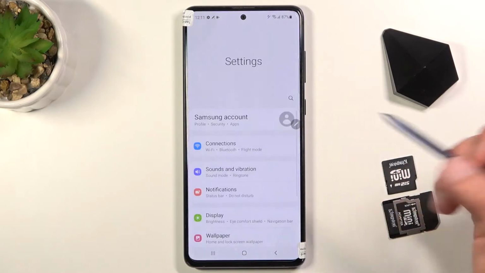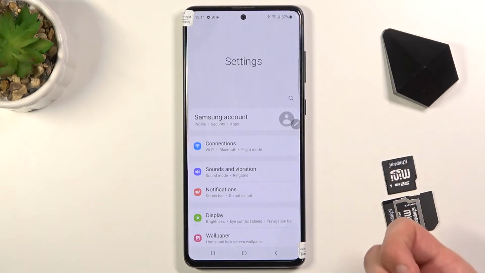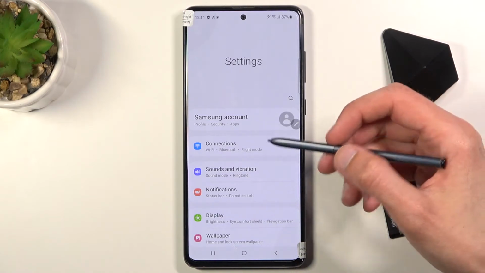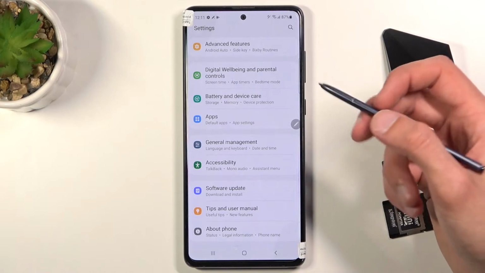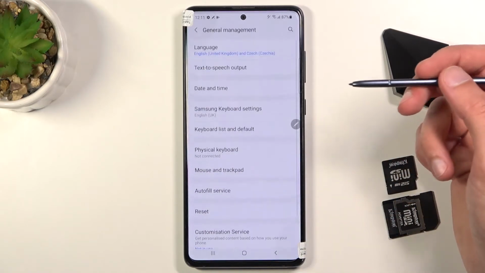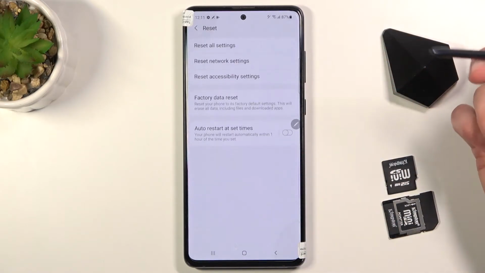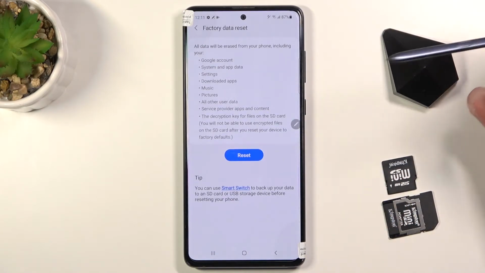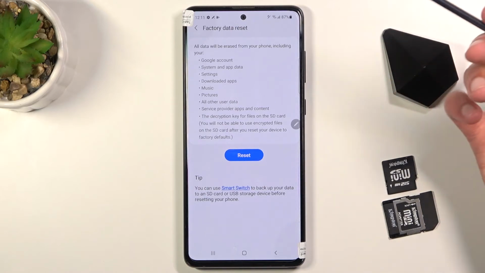So to get started, let's open up settings. Now bear with me, this phone is a little bit broken, the screen doesn't fully work, so that's why I'm using a pen here. But anyway, from the settings, scroll down to General Management, Reset, and then select Factory Data Reset. It will give you a message that performing this will remove things like your Google account, system app data,